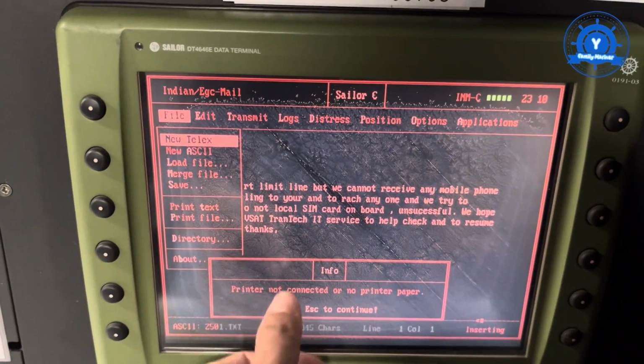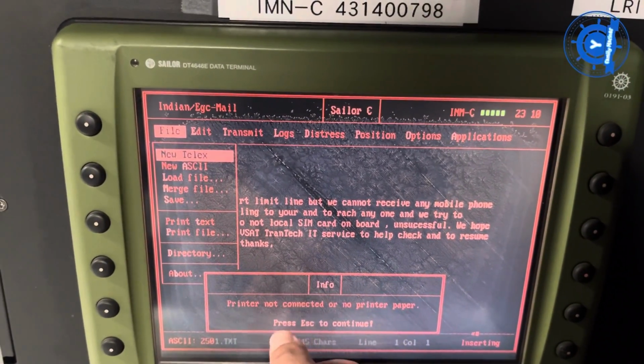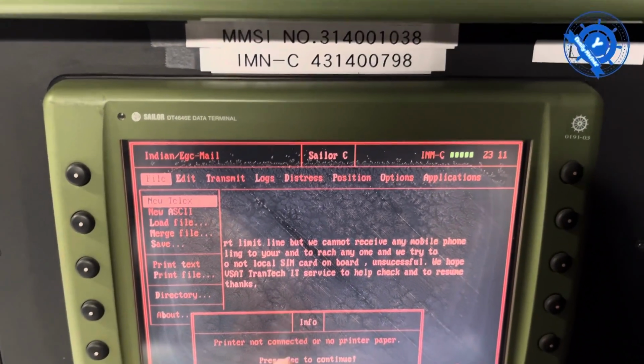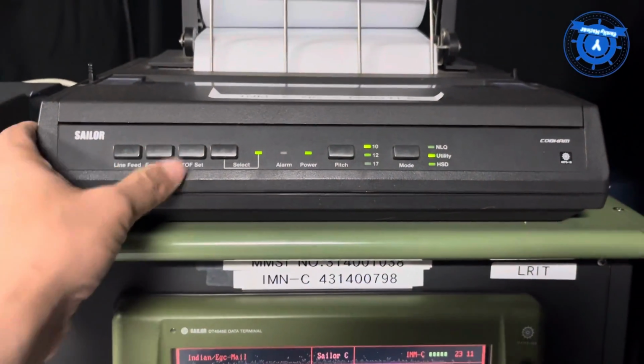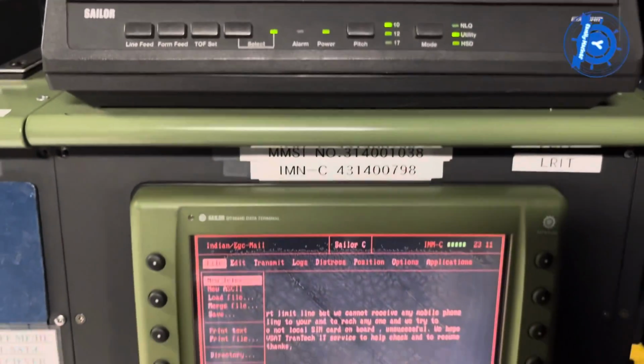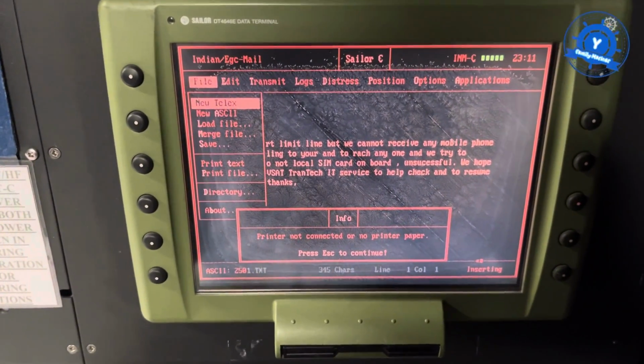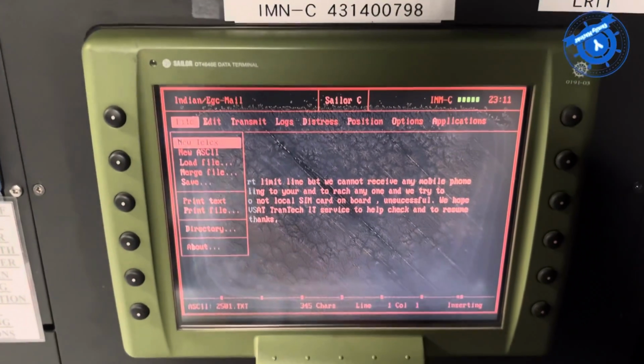Now my printer is not connected: no printer, no paper on print. Press Escape to continue. If your printer has some problem or there is no paper, that is the error. At that time, press Escape to continue.